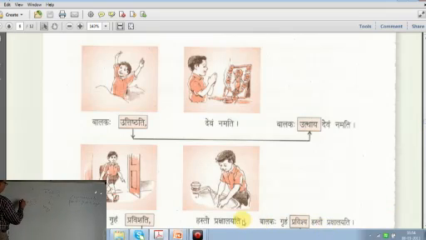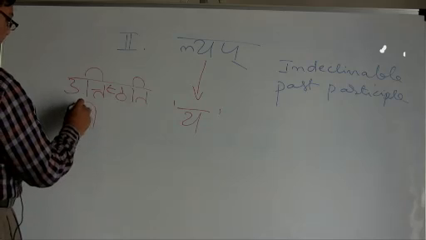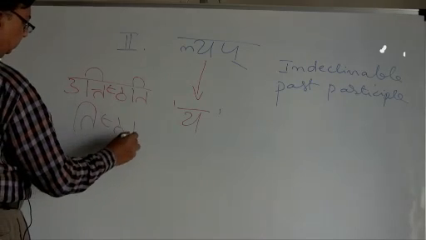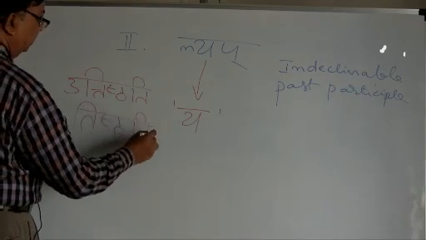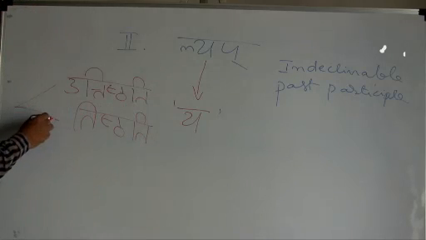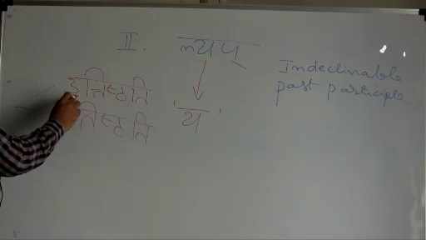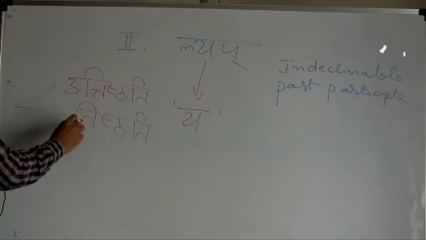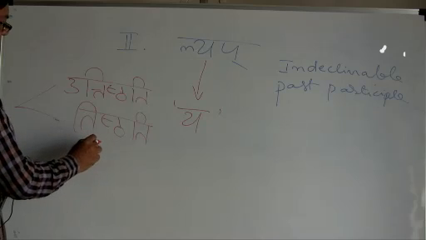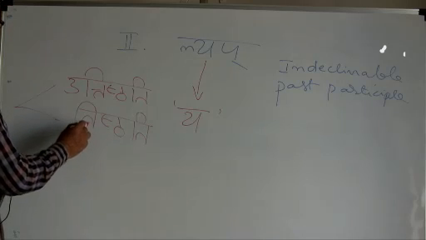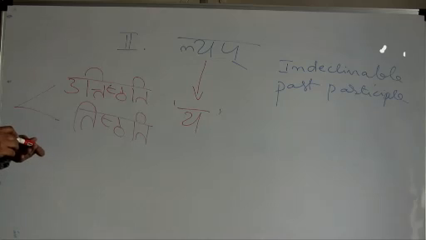What is the difference between uttishtati and tishtati? See the difference between these two. Uttishtati, there is a prefix here, ut. One additional sound is here, whereas there is no sound here. Tishtati means stands. Uttishtati means gets up.